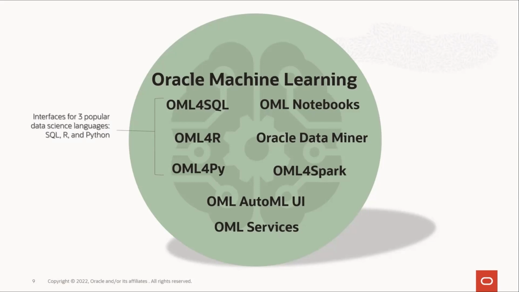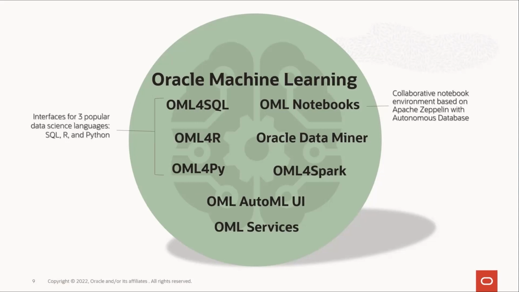OML for SQL provides a SQL interface to the in-database parallelized algorithms, which keeps data under database control. OML for R and OML for Py are the R and Python language interfaces to the OML functionality. And for interaction with autonomous database, we provide OML Notebooks with the SQL, PL/SQL, Python, Markdown, and now R interpreters. The same notebook can contain paragraphs with each of these interpreters, which allows users, of course, to choose the most